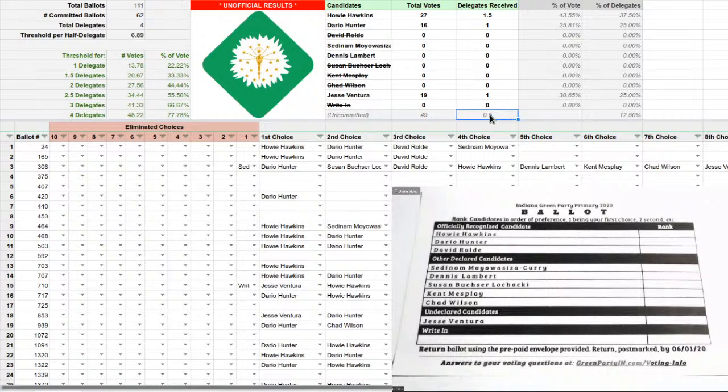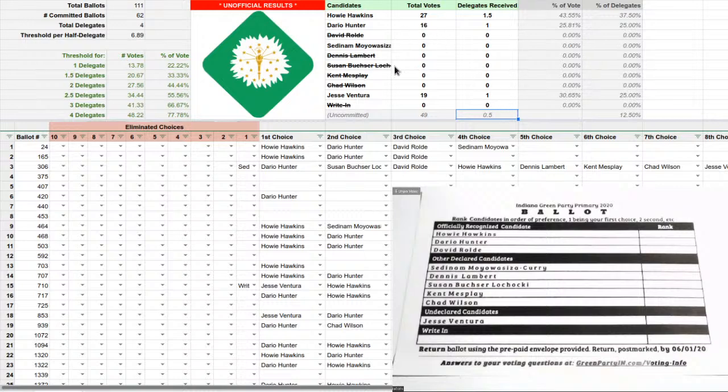The math is working out to where there's only half of a delegate remaining. There is a chance where the math doesn't work out perfectly, and one example would be, say that 3 people have exactly the same vote tally. I know that's not the case right now, but if they did and we have 4 delegates, there's a perfect threshold where nobody has an edge over anybody else, and there's uncommitted delegates remaining. And when that happens, then that's going to have to go to the CC ultimately to decide where this remaining